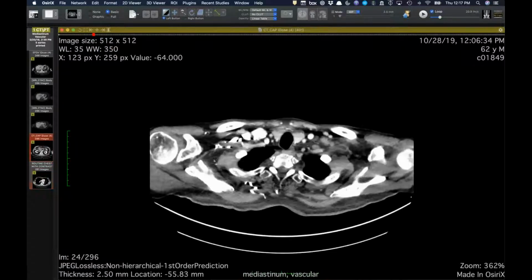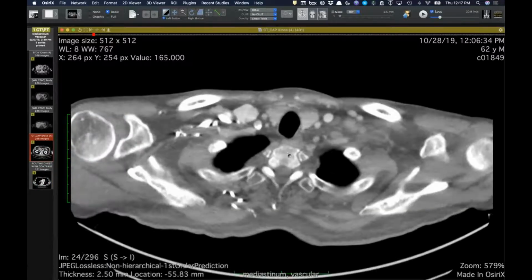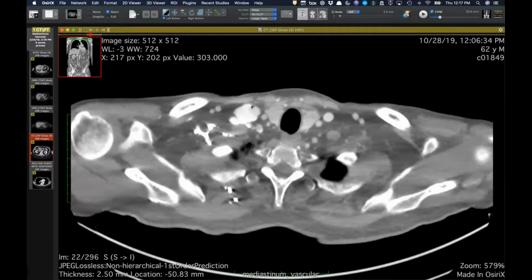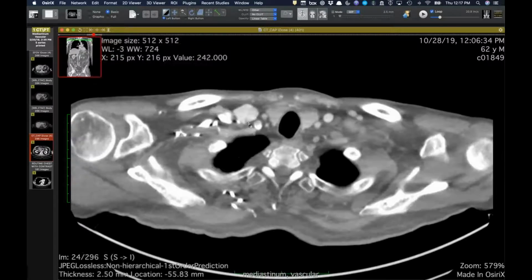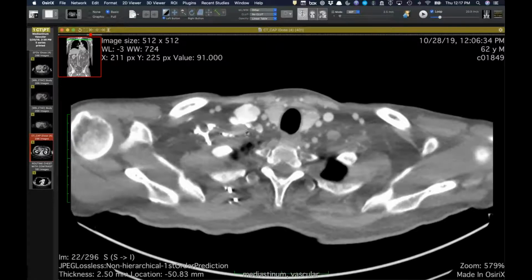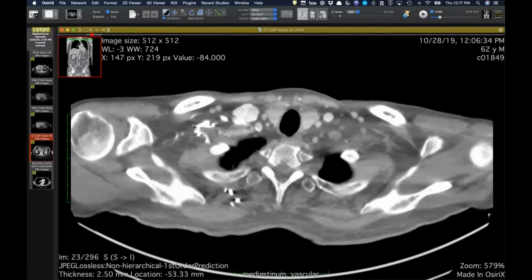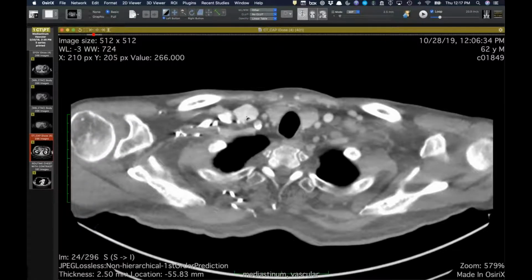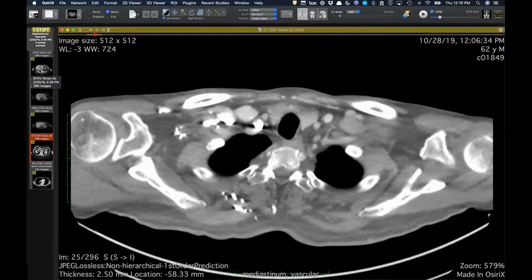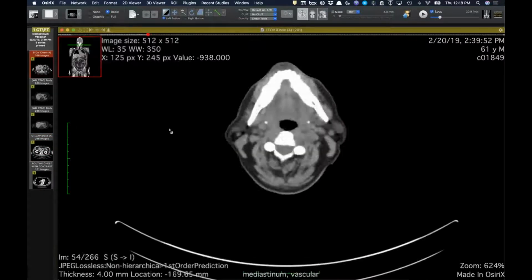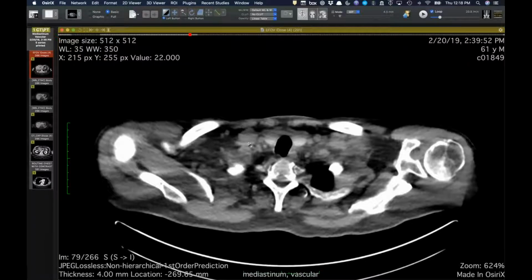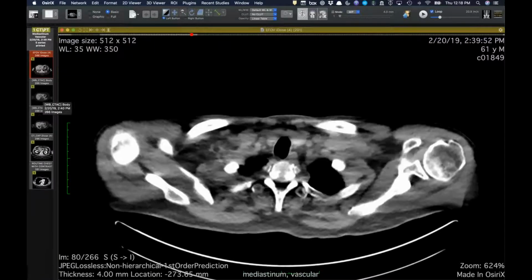And I'll show you some of their prior studies, and you can see on some of the earlier studies a little bit of heterogeneity here, but this is from a year ago. This is part of a PET that was negative, and you can see that this definitely looks venous, and it's contiguous with the rest of the jugular vein, and then at the confluence of the jugular and the subclavian vein. And then you can even go back further. This is a non-contrast, but you can see that it is dilated on here too. So it's an